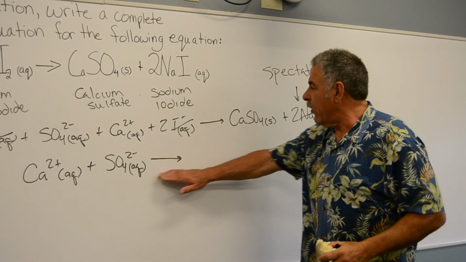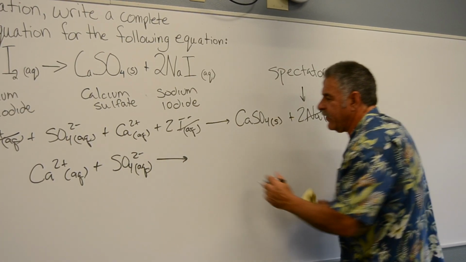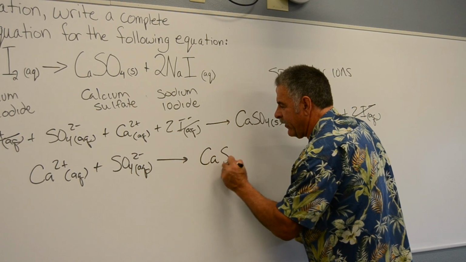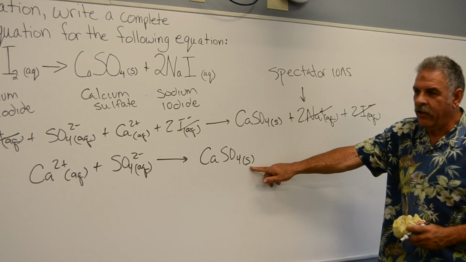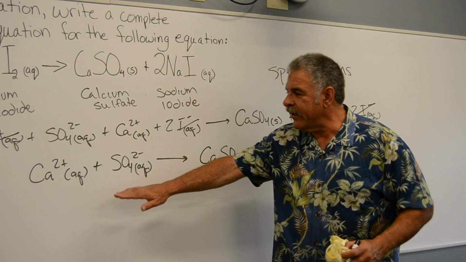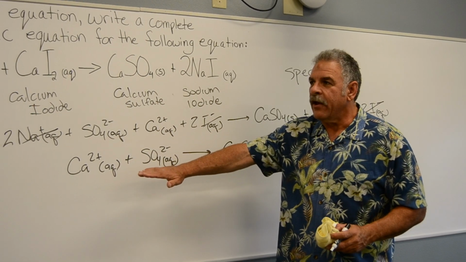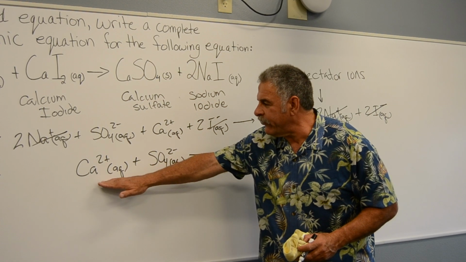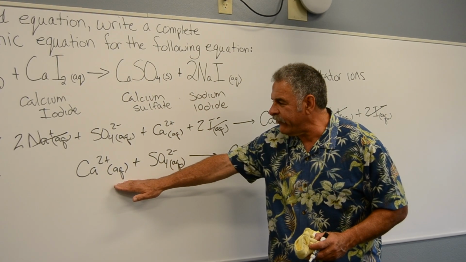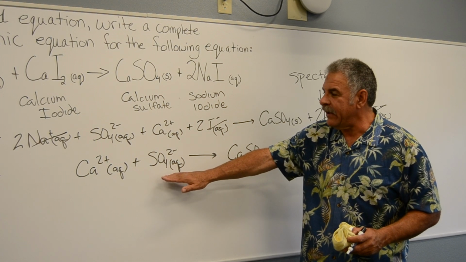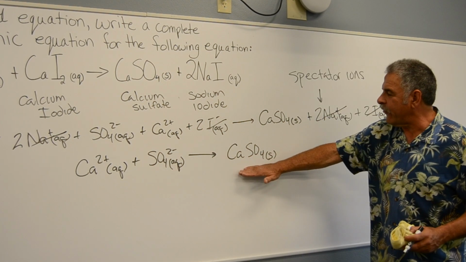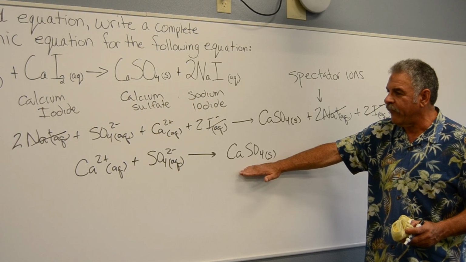All right, so the only thing that's different here is the calcium sulfate, and it also is a solid. So what we've shown is that in this reaction, what actually occurs is calcium 2+ in the aqueous solution combines with sulfate 2- anion in the aqueous solution to form a solid precipitate, calcium sulfate, and that's